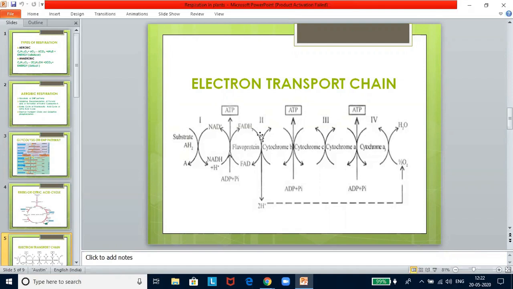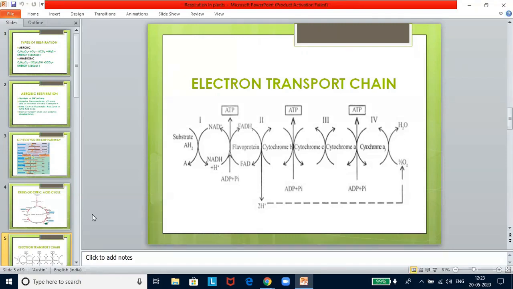When electrons are transported from one complex to the next, ATP is produced. Thus, one molecule of NADH2 will yield 3 molecules of ATP. Now, if FADH2 is the acceptor, it moves only from complex 2 to 3 and 3 to 4. Therefore, only 2 ATP molecules will be generated. Molecular oxygen forms the terminal constituent of the electron transport system. It is the ultimate recipient of the electrons and picks up the protons from the substrate to form water.